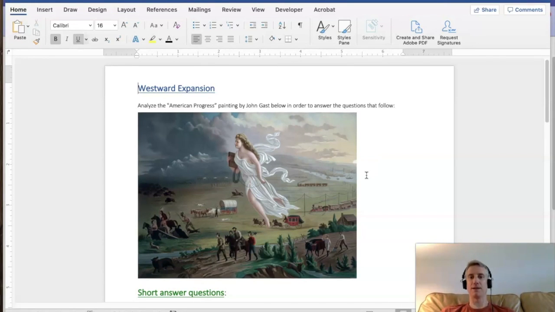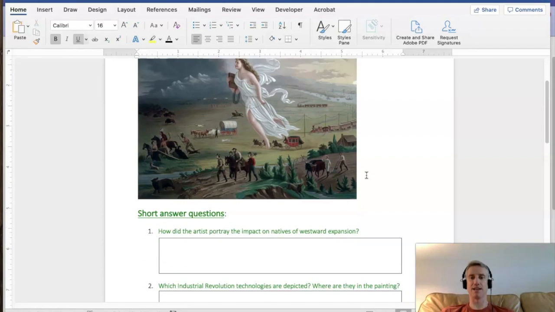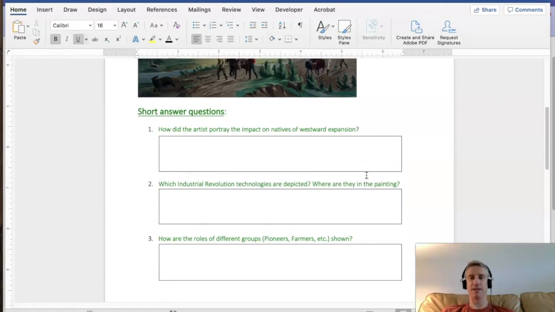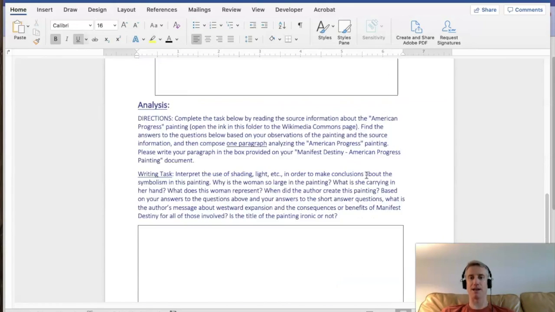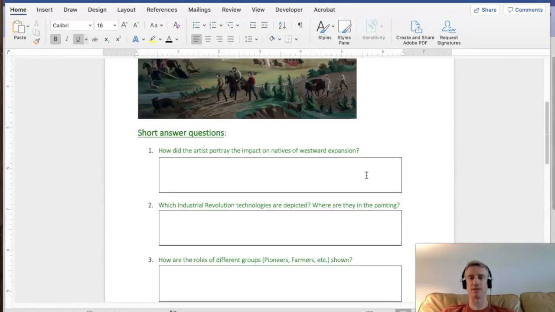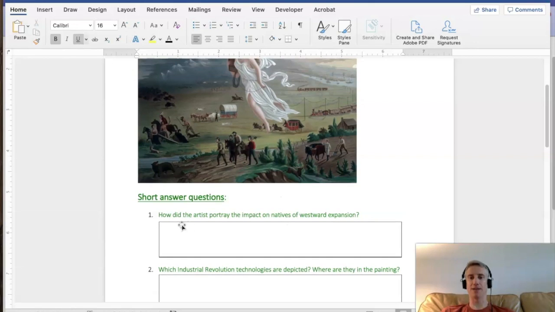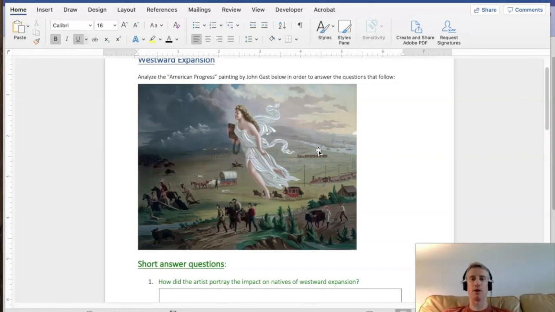So let's say this is the American Progress Painting Analysis, and you have to fill in these three boxes here, this box here, and this box down here with your answers to each of those questions. Okay, so for the first question, how did the artist portray the impact on natives of westward expansion? So Americans going westward had impacts on Native Americans, and I talked about this in another video, which I'm going to link in the description below, where I've described each part of the painting, and I talked about what happened with Native Americans.